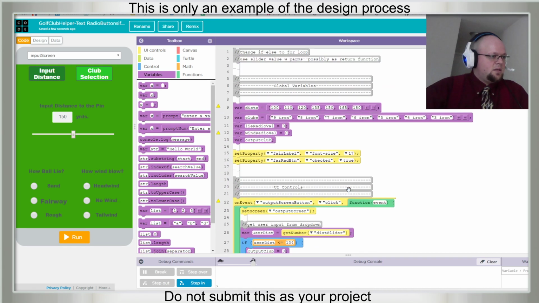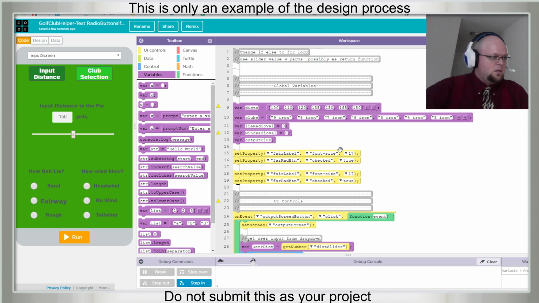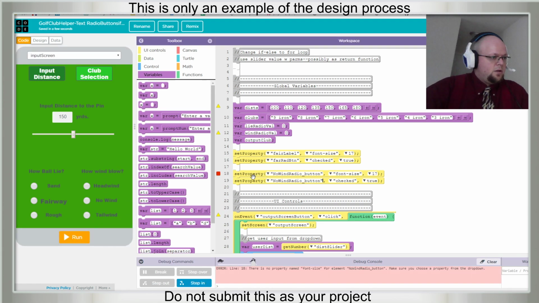And let's do the same awesome thing we did with this. We want no wind radio button to be 17 at the start, and no wind radio button to be checked at the start. Set property, no wind radio button font size.